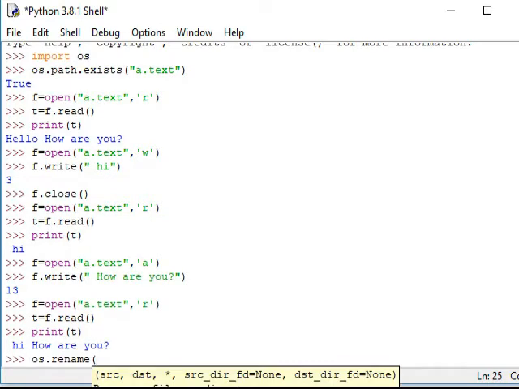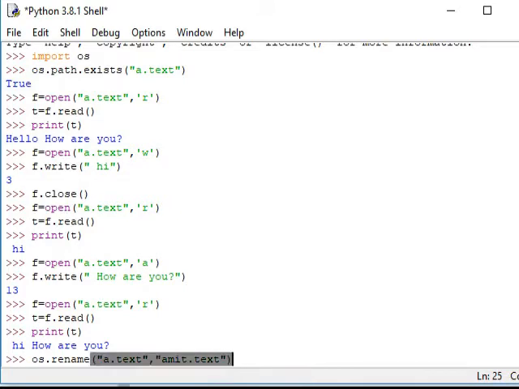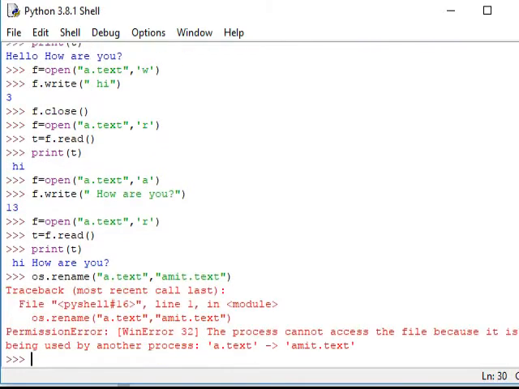First I need to write the current file name, which is a.txt, comma, then the new file name. Let's see whether it works with quotation marks. Whenever we are doing this for files, we always write in quotation marks.